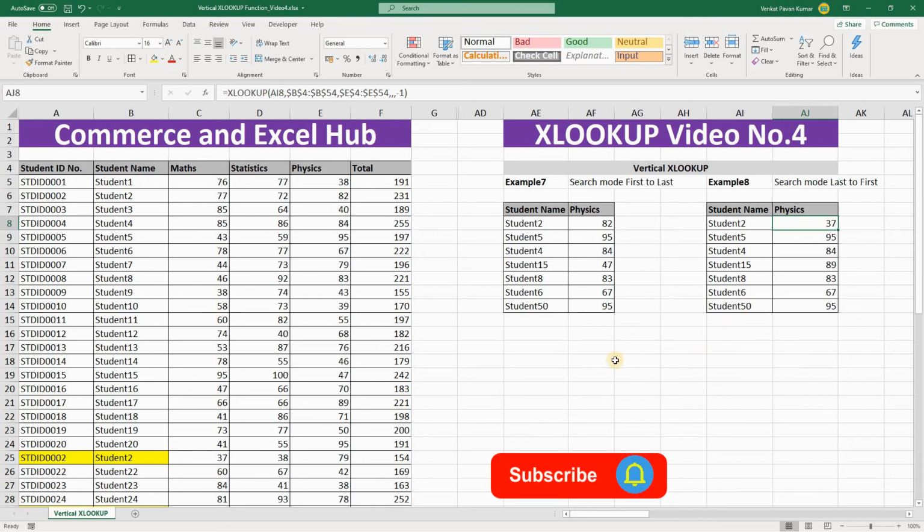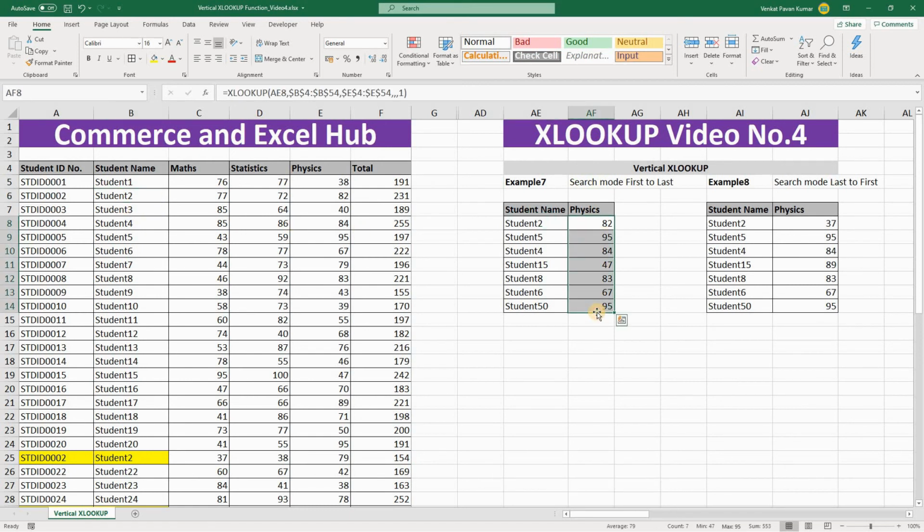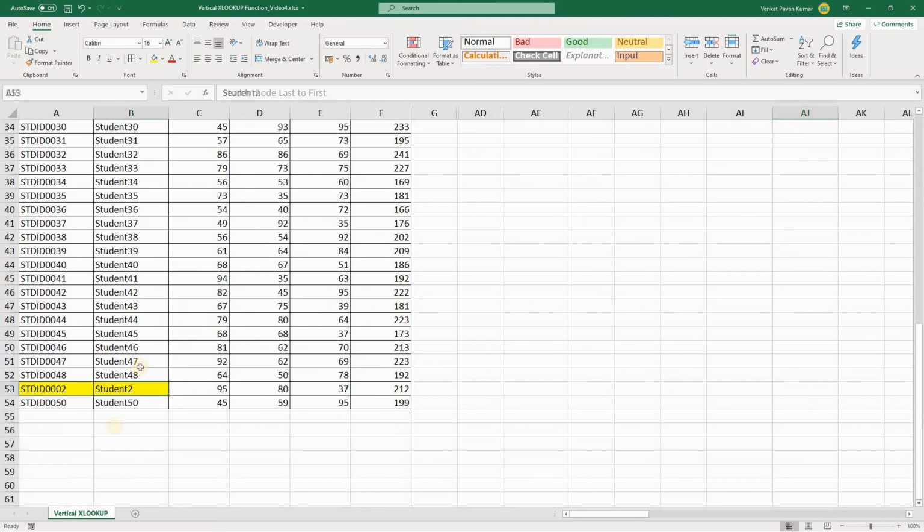Okay, so however many duplicates your source data may contain, if you are using first to last, whichever comes first, it's going to pick up that value and update as per example 7. And if you are using search mode last to first, then it's going to pick up the first value which comes from the last. Okay,